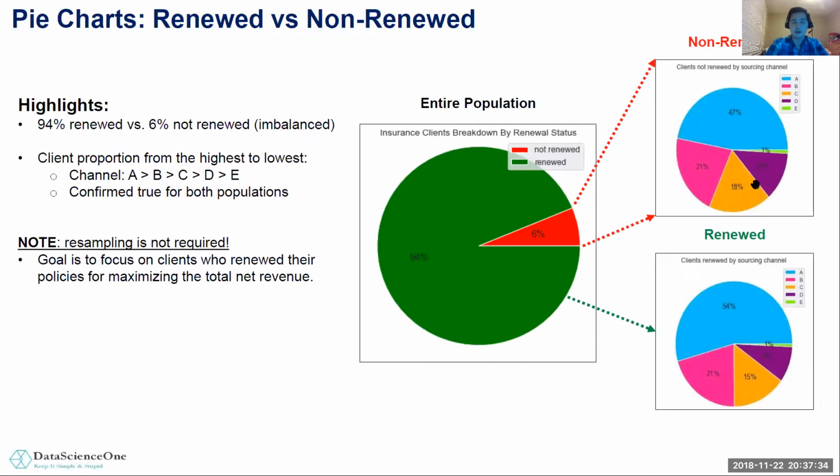The first is the pie chart. As you can see, this bigger pie chart represents the client demographic breakdown by the renewal status. Basically, 94% of clients were renewed, and only 6% of clients did not get renewed on their policies. Further down, I created two sub pie charts representing the renewal status and also the